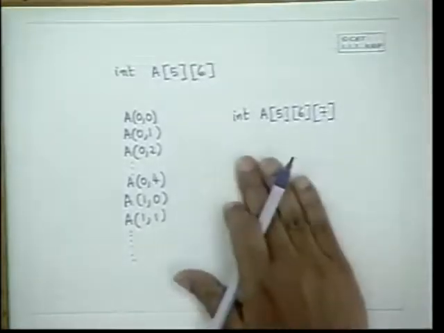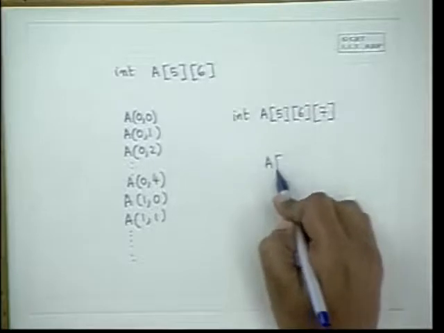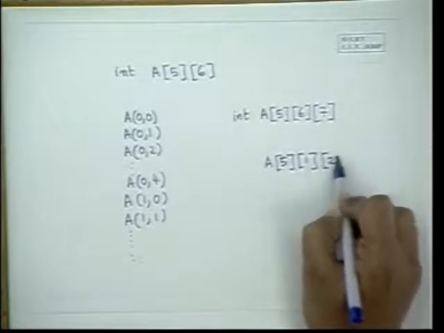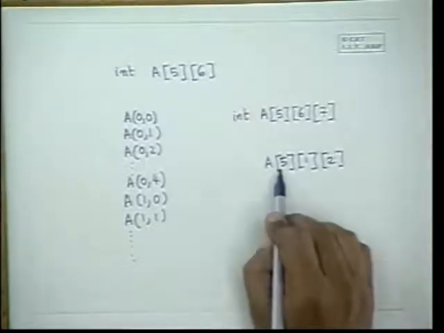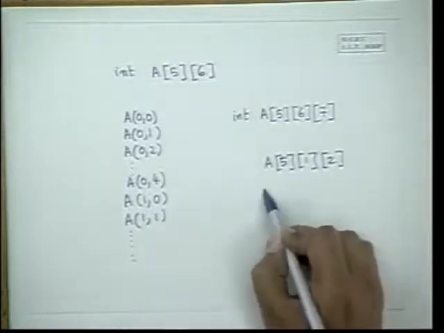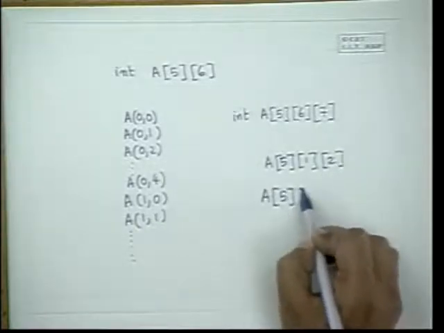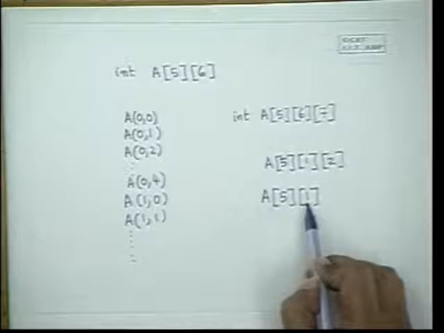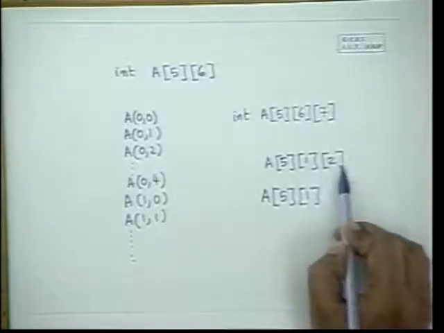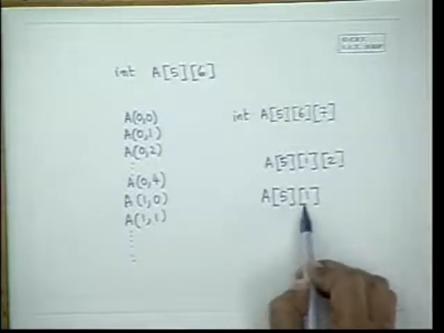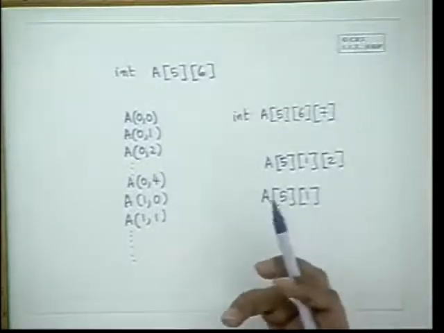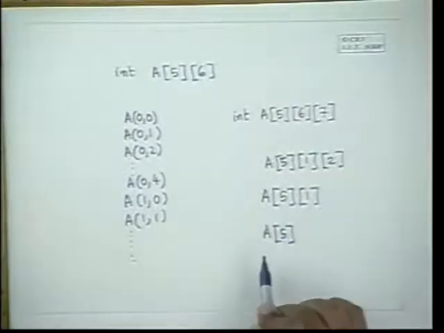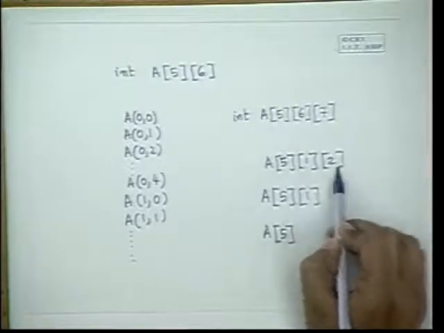then this is a three-dimensional array, and if you write A[5][1][2], it will give you the value of the location 512. If you write A[5][1], it will give you the address of the array of two elements which starts at 51. So you can look at it as a multidimensional structure, and if you write A[5], it will give you the address of the 1 by 2 array from the 5th place.